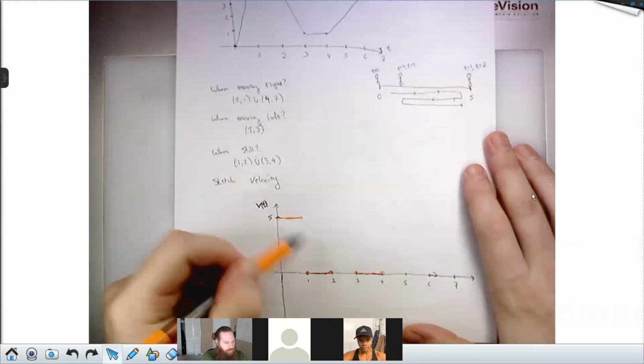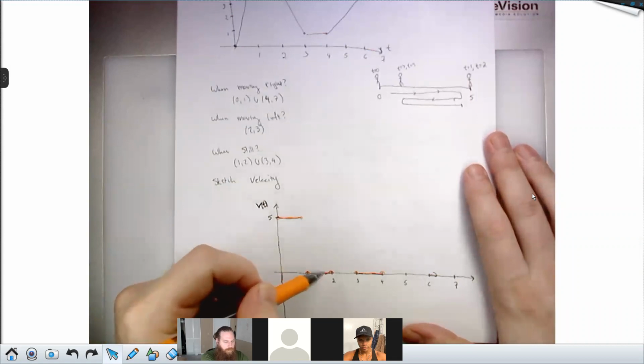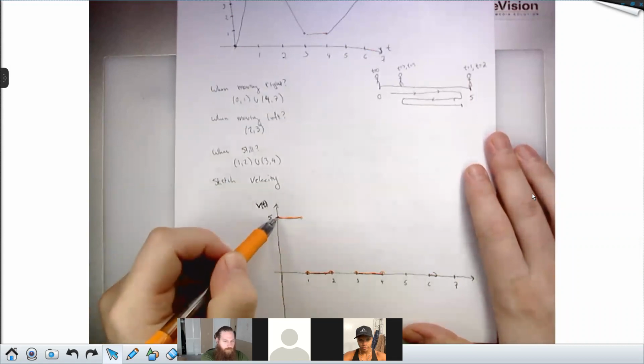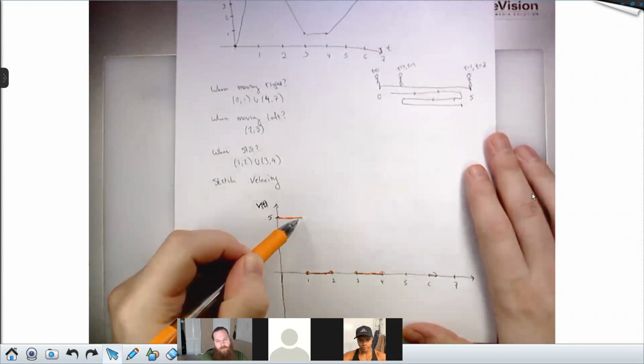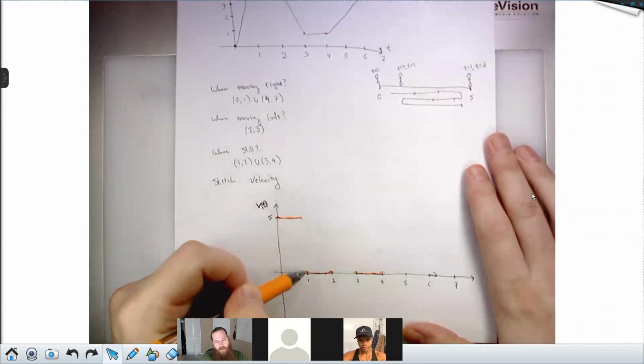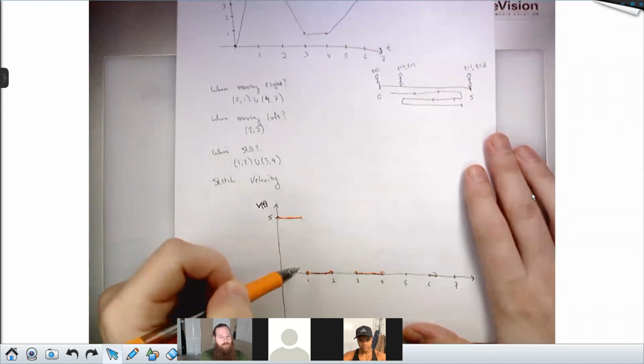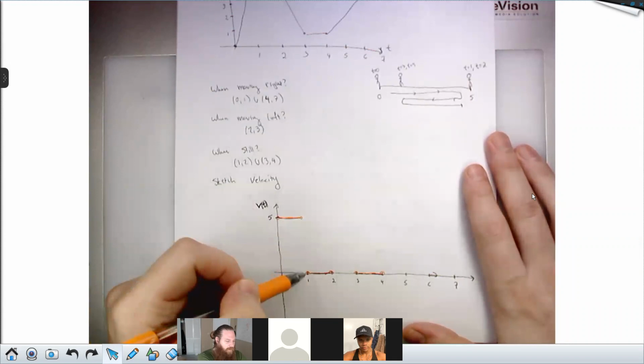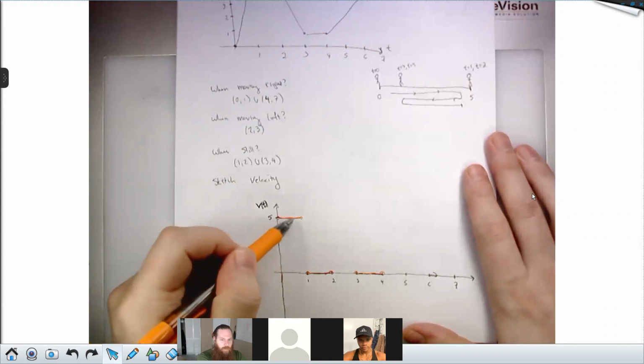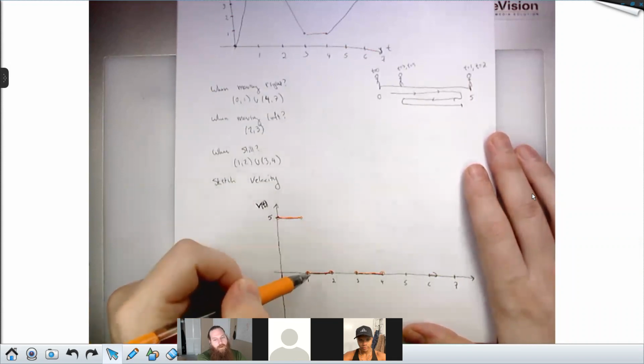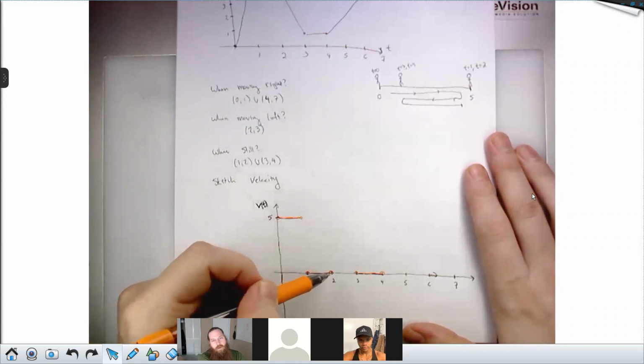Then from time t equals 1 to t equals 2, I just stood out there. So it's like someone starts the timer and I immediately start running at 5 meters per second. And then as soon as I get out there, I stop. I don't slow down or anything. It's like I just smack into a wall, right? And I stop. So I'm running, smack. And now I'm like, oh, that hurt. That really hurt.